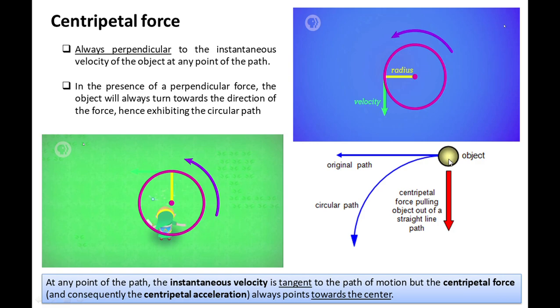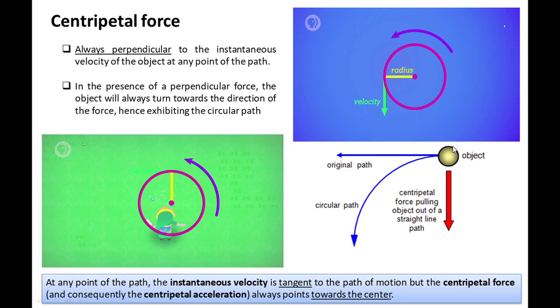And so at this moment, the centripetal force pulling the object towards the center is going in that direction. In this case, you have the instantaneous velocity at this point of the object going towards that direction. So your centripetal force must be going towards that direction. So we can say that at any point of the path, the instantaneous velocity is tangent to the path of